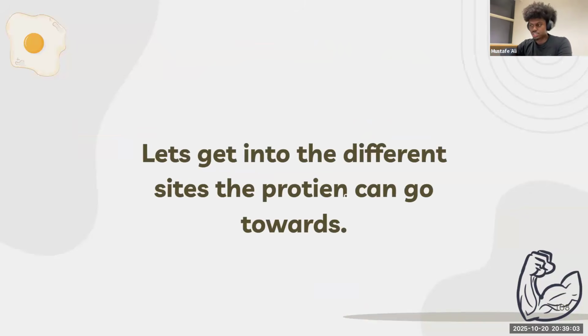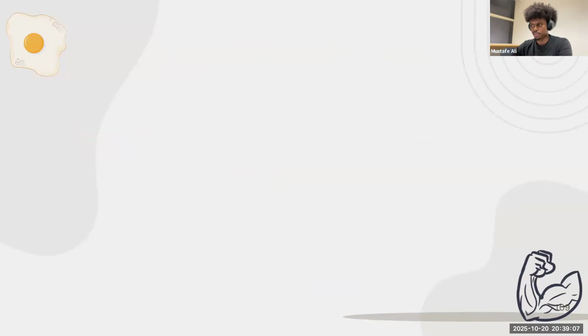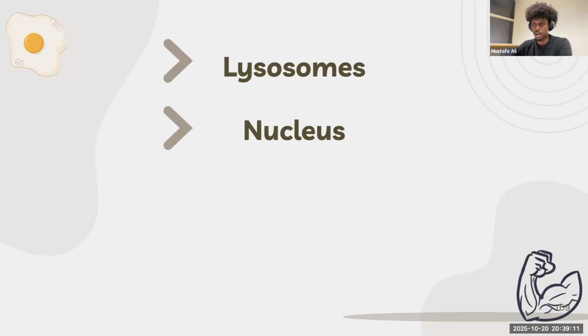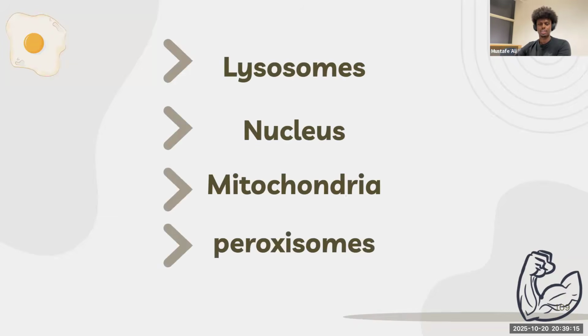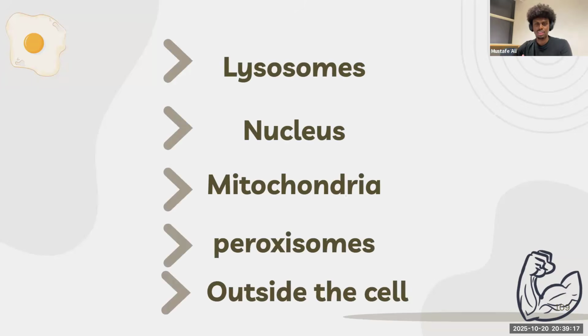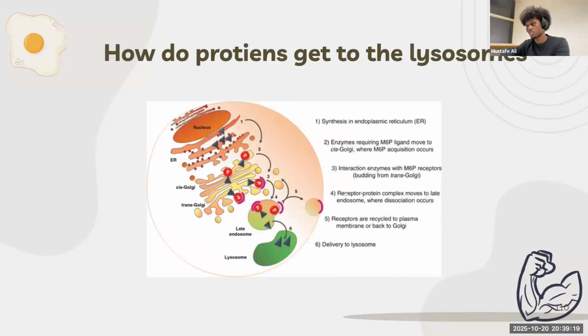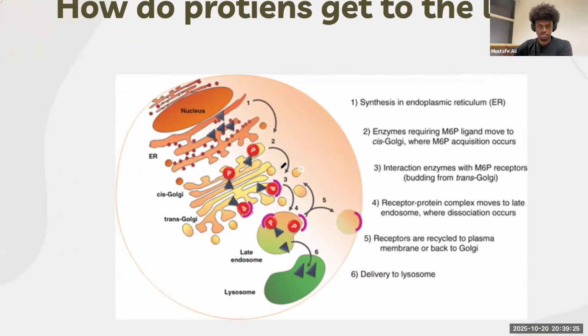Now, let's get into the different sites that the protein can go towards inside the body. We're getting into how proteins go to the lysosome, how proteins go to the nucleus, how proteins go to the mitochondria, how they get to the peroxisomes, and how they even leave the cell. So let's start with the lysosomes. This picture kind of shows everything, right? All I want you guys to know is that the protein that goes towards the lysosome